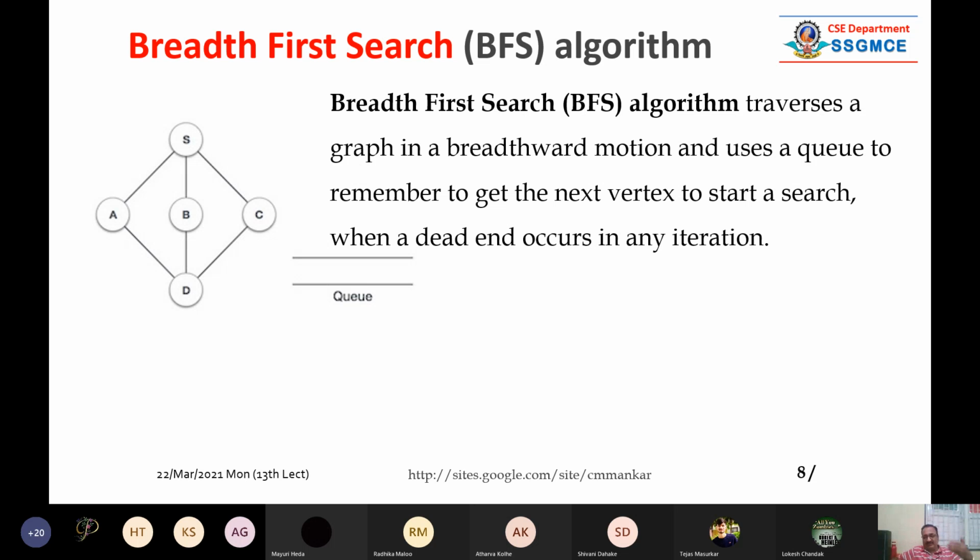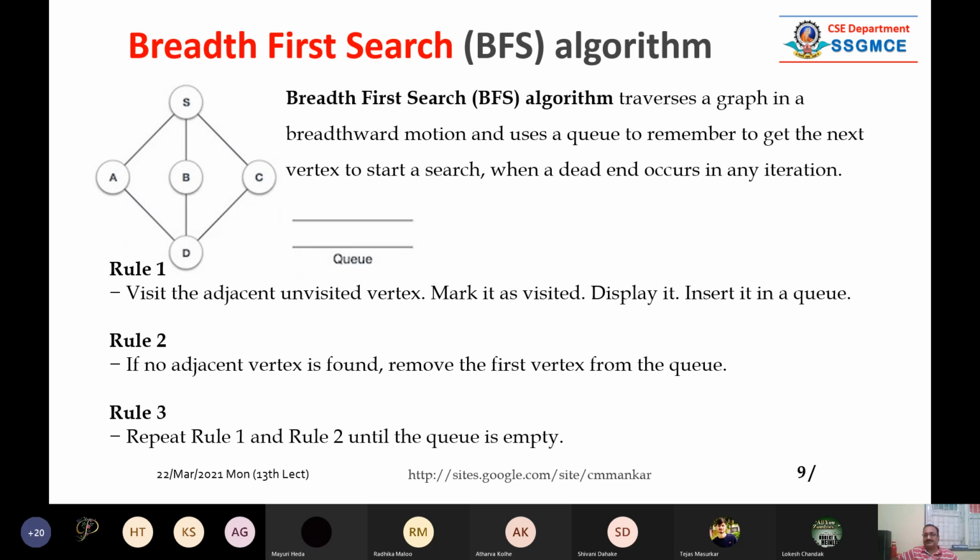So what we have to do? We have to do many iterations of a particular algorithm. Iterations, it is just like a for loop. We repeat the steps. So this is the rule. Actually, this is the algorithm. Rule number 1, 2, and 3.